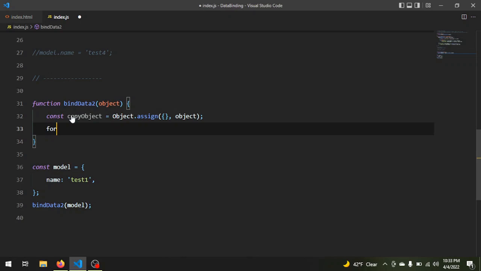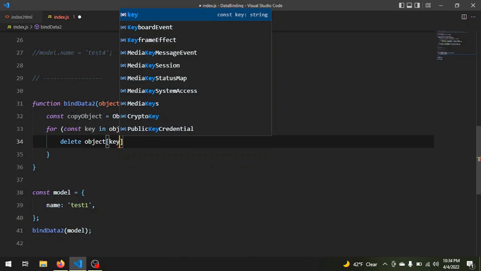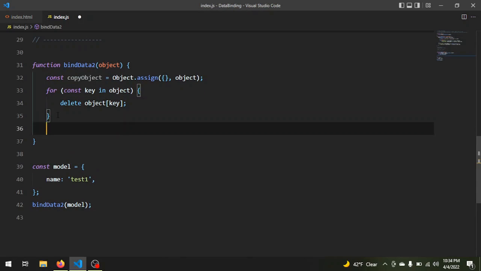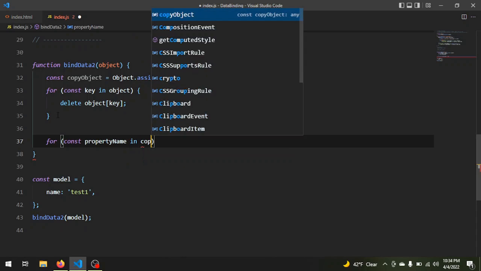And now to delete every single property from our object, we have to use a for in loop: for const key in object, and we write delete object, and then we pass the key. Now that we have our copyObject, we need once again a new for in loop, const, this time propertyName. We just change the name of that key in copyObject,